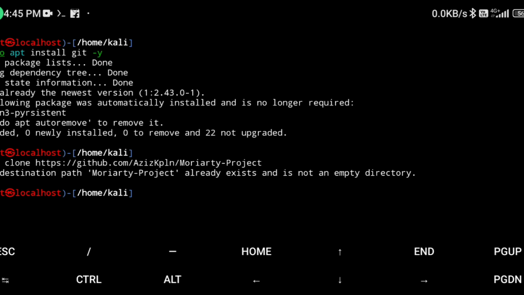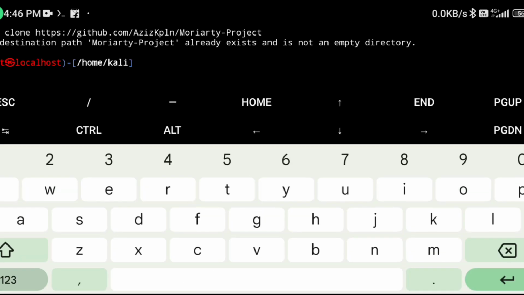So after installing this one, you have to install the Python language, guys, because this tool will run in Python. For installing Python 3, type apt install python3. Okay, you have to install Python 3 and press enter. After installing Python 3,